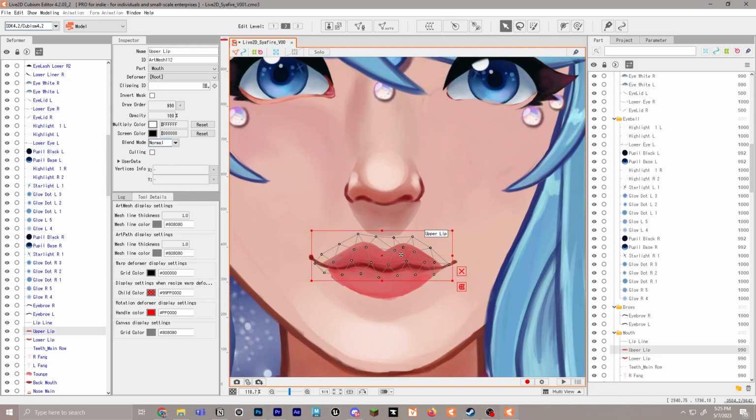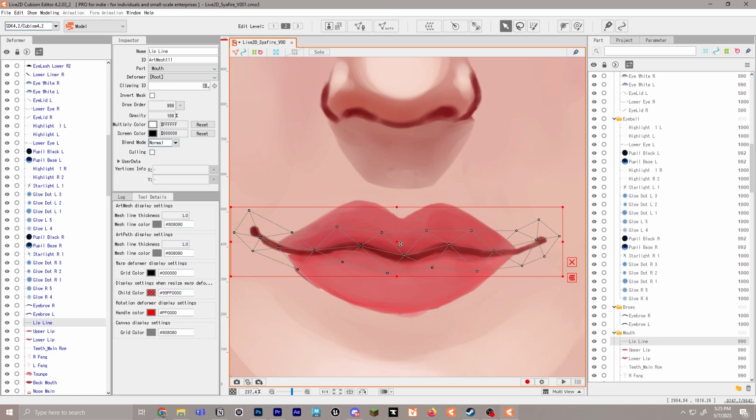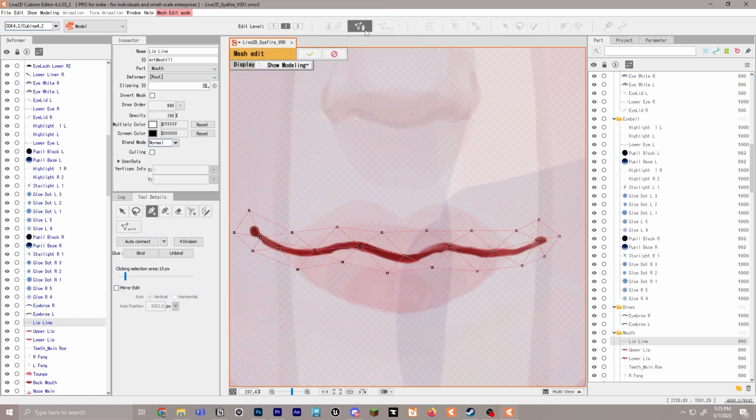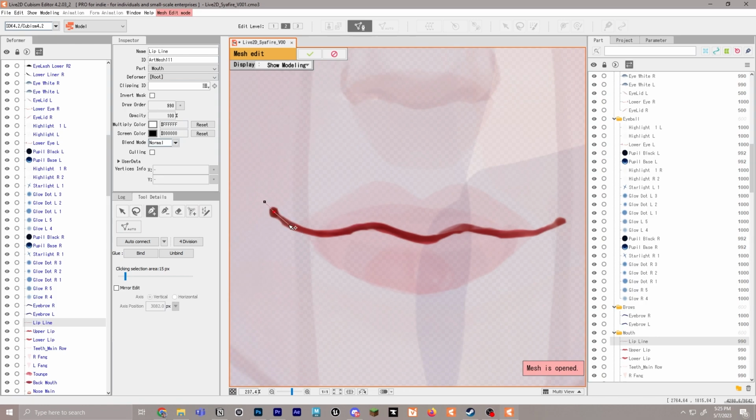Next, we'll take a look at the mouth. We're gonna start with the middle piece and I'll do the lips next. So let's go ahead and edit. We're gonna hit our eraser tool. We'll go in and you'll wanna have kind of as tight pieces as you can through the middle because the mouth will be deformed pretty heavily and you'll wanna make the most of your deformation. So try not to use a limited amount of points. The more will be better. And we'll do the same concept that we did for the eyes and the eyebrows where we try to make even triangles and we'll connect everything. It's a very similar technique.